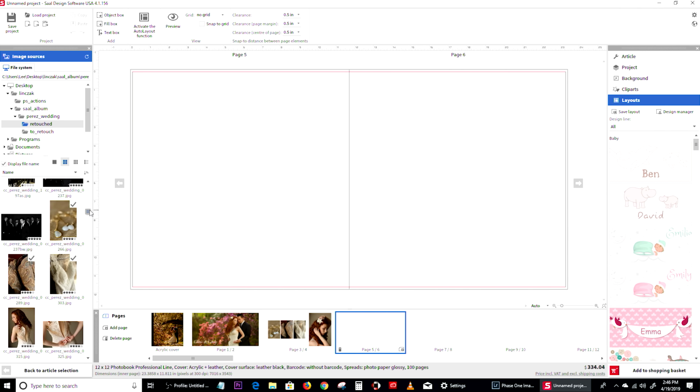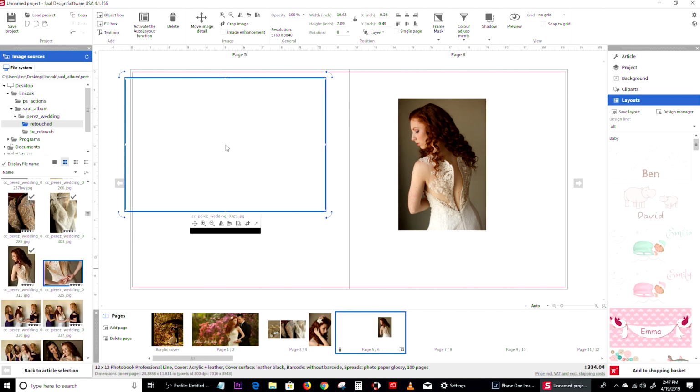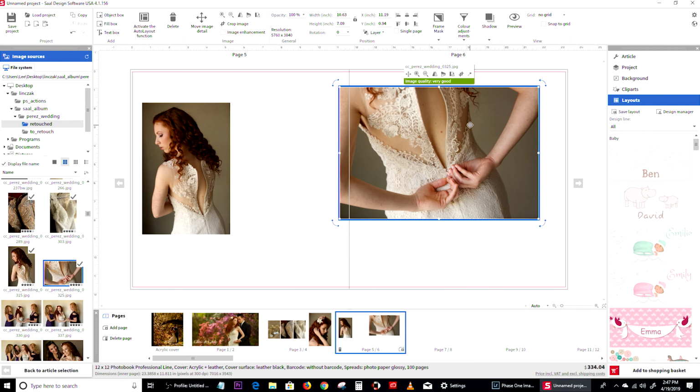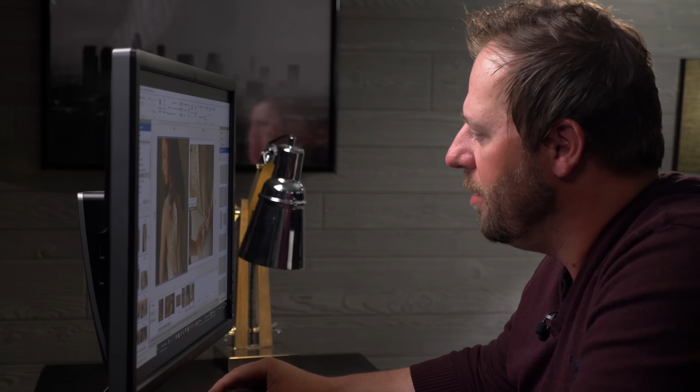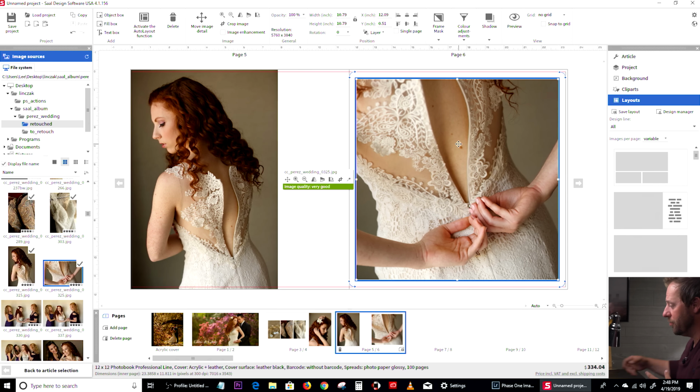So we have a lot of beautiful shots of her getting ready. Of course, we had the detail shots that we used. I quite like this image here of the back of the dress, and then we actually have a cool shot of her doing up the detail as well. The bottom line is, I'm thinking that this shot of the back of the dress of her doing it up,